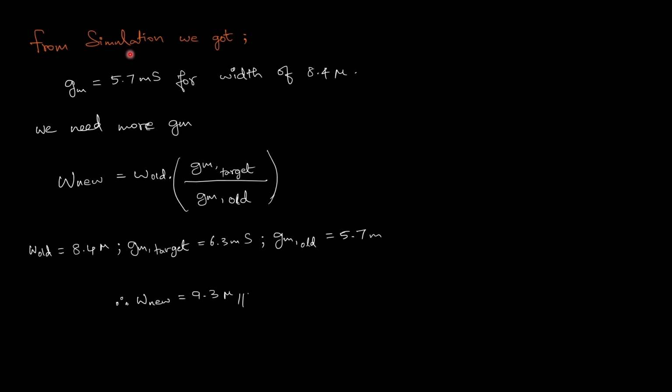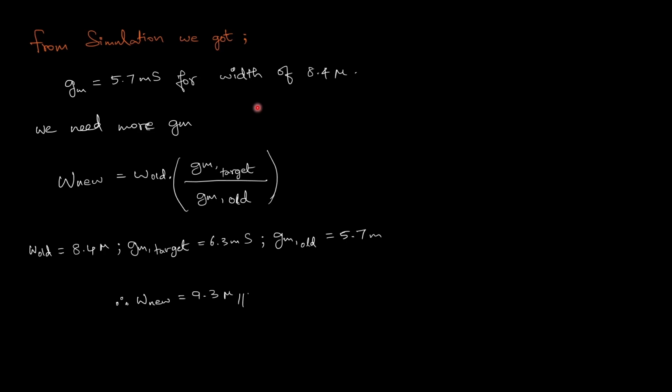Although our calculation predicted a transconductance of 6.3 millisiemens, the simulator reports only 5.7 millisiemens, right? Does that mean our equations are wrong? Not really. The equations we used are simplified first order equations. But inside a modern CMOS model, there are more than 40 different device parameters. During our hand calculations, we are using barely 4 or 5 of them. The simulator, however, considers mobility degradation, velocity saturation, channel length modulation, body effect, parasitic capacitance, and many other second order